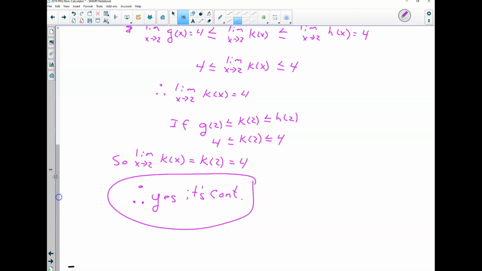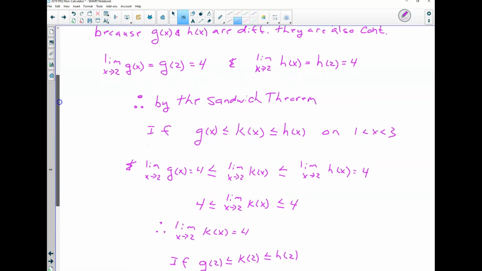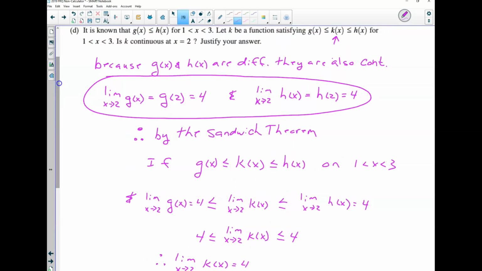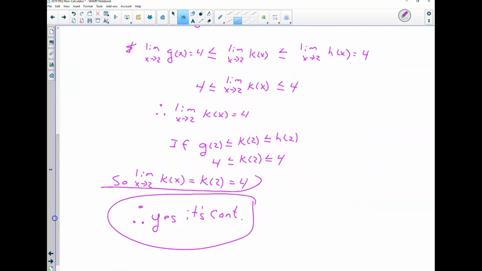Would all of that be necessary to get to a point? I don't know. I can guarantee they're looking for this 100% in there. They're looking for identifying with the sandwich theorem in there. And in order to be continuous, you're going to have to show that at the same time, which means you need to show that in your sandwich theorem too. Would they want you to say sandwich theorem or squeeze theorem? Doesn't matter. It's identified either way. Squeeze theorem is